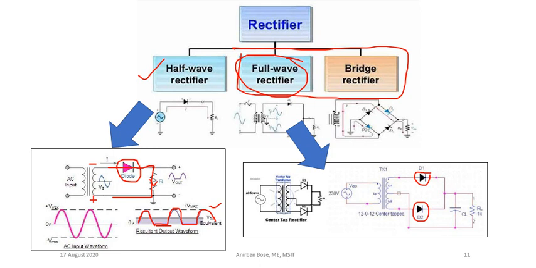Now coming to full wave rectification, here is one connection where full wave rectification has been shown, with a transformer. Let us consider for the first half cycle what is happening. Let us consider this end is plus and this end is minus. Now what will happen in the first half cycle? This is plus, so this diode will be in forward bias, so current will flow in this direction.